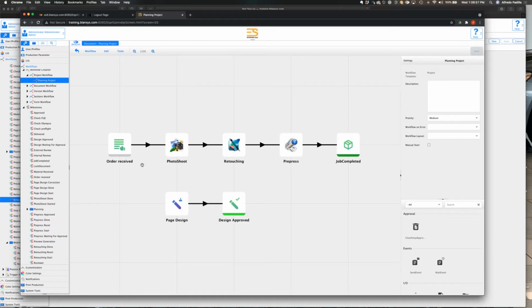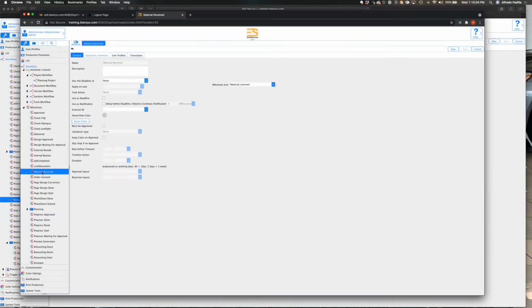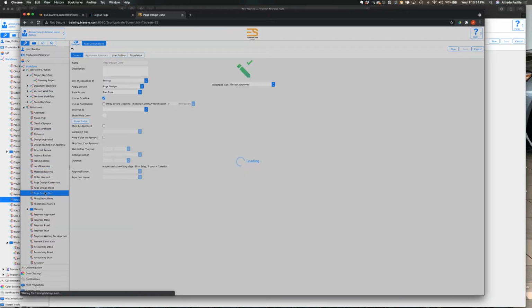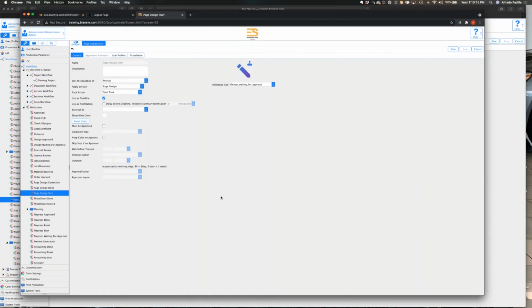So the one thing they created is inside of the document milestones, and these are truly just milestones. So these aren't necessarily tasks. As you notice, there's no deadline on them. If I actually pick the right one. So here's our page design,